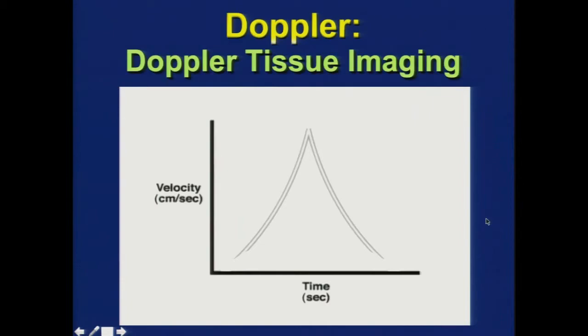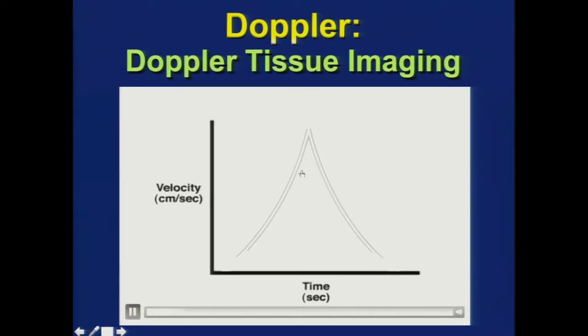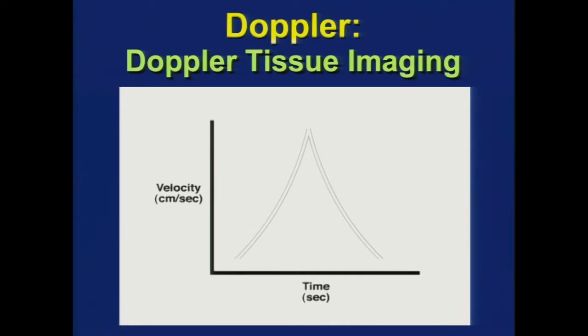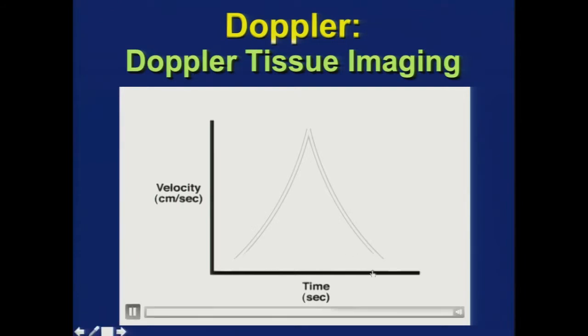This schematic illustrates the principles behind Doppler tissue imaging. Here in gray is the high velocity but low intensity signal that comes from the blood pool. This white bar represents the high intensity but low velocity signal that comes from the wall. Now, when we're looking at blood pool Doppler, the wall signal is really considered noise, so we need to turn the wall filters on. But in Doppler tissue imaging, that's the signal we're interested in, so we need to turn the wall filters off.